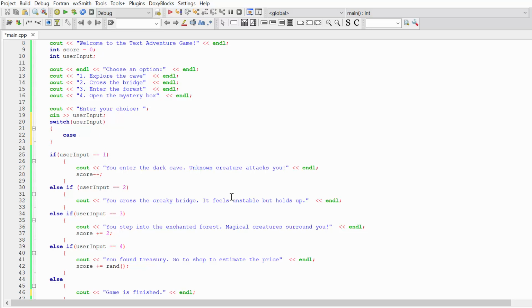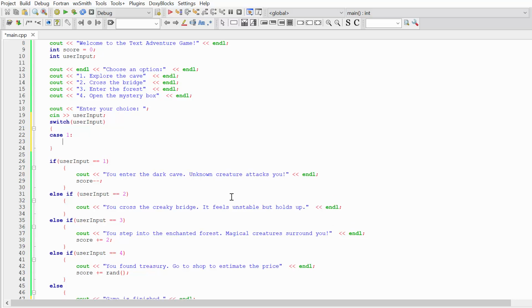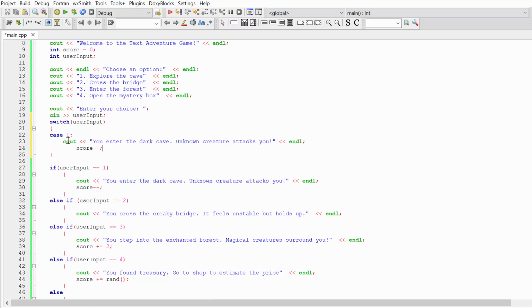So if I want to check if my user input is equal to 1, I'm going to type case 1, and after the value I'm going to type a colon, and then I'm going to type the piece of the code that will be executed if my user input is equal to 1. So I'm going to copy this piece of the code from here.